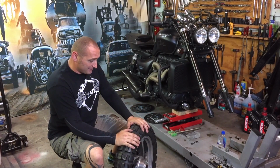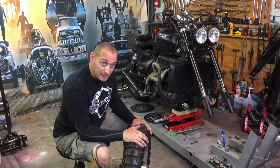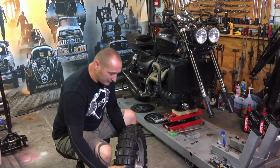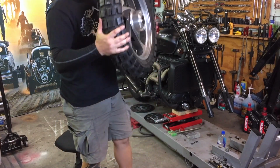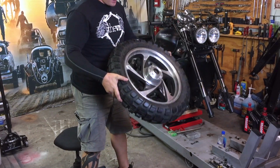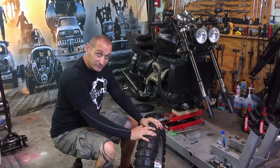Everyone, my last video stopped when I was just taking care of the old tire. The tire was actually removed and I installed a new one. This is how the tire looks like. And now the next step is I'm going to remove